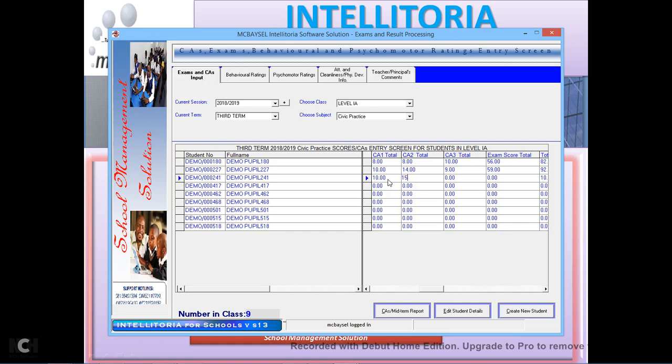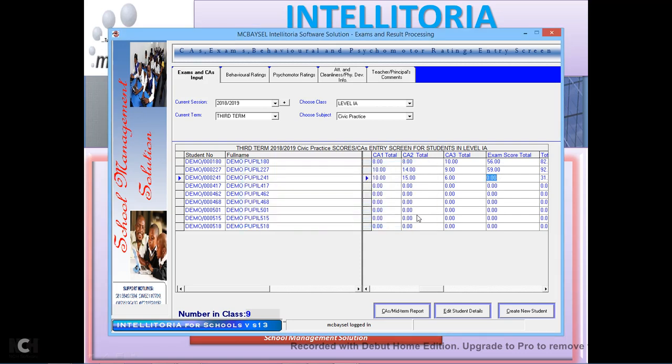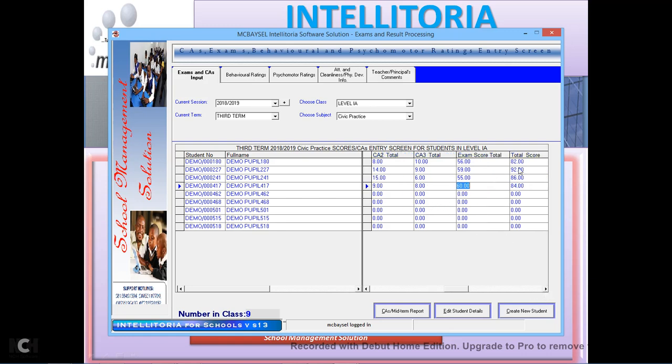Each teacher will have to input the scores of their students. So I input 78 there, and the maximum obtainable is 60. That's why it will not let me, so I do OK there. We have 7, 9, we have 8, and we also have 60. So you can input the scores, and as you input the score, you see the software calculating the total